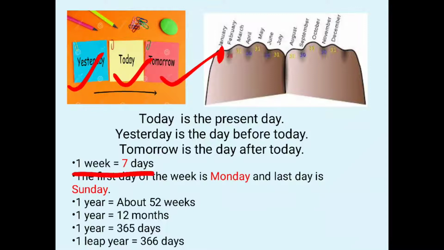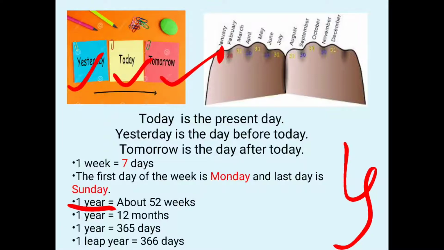Now see, 1 week is equal to 7 days. These all are important points. You need to learn them. They are going to ask anything, okay? 1 week is equal to 7 days. The first day of the week is Monday. Do remember, don't write Sunday. According to our maths, Monday is the first. If you don't understand, understand it like this: according to maths, the first day is Monday.